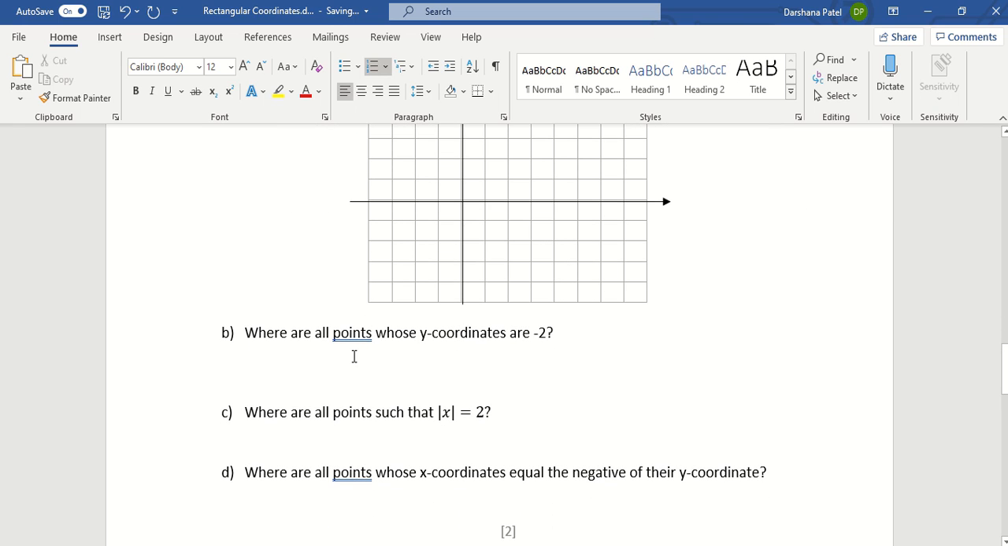Where are all points whose y coordinates are negative 2? It does not matter what the x coordinate is, but the y coordinate has to be negative 2. So it will be basically on the line here, where x can be anything, y will be negative 2. So the answer will look like this: on the line